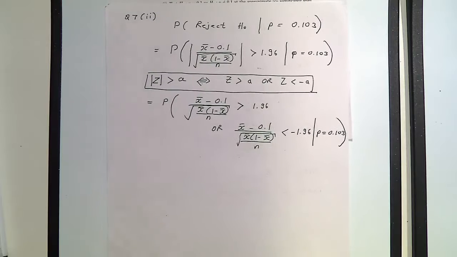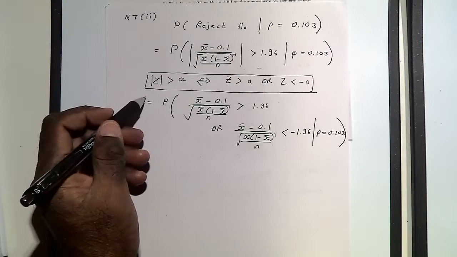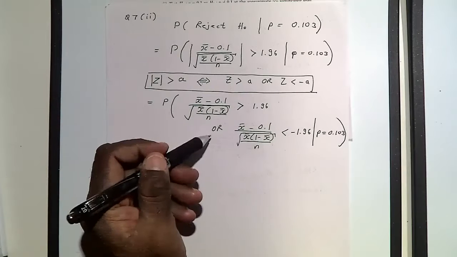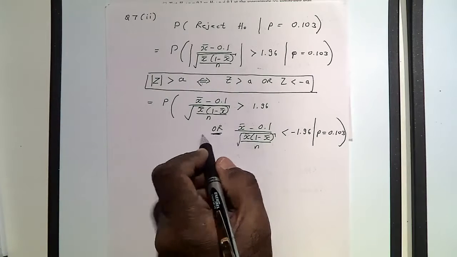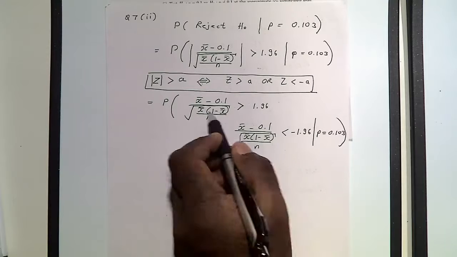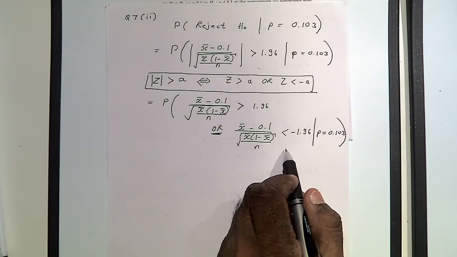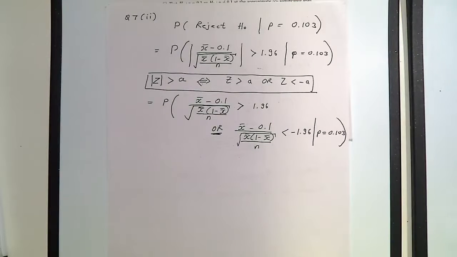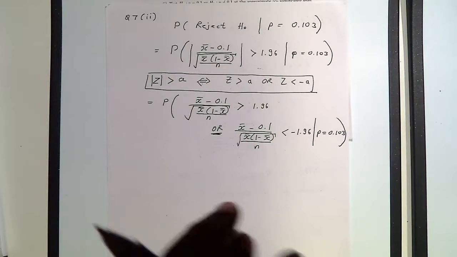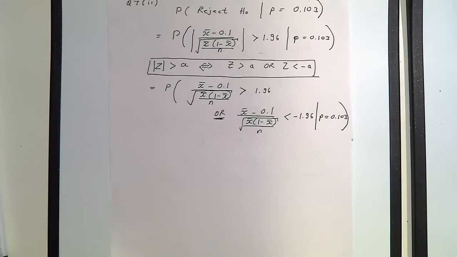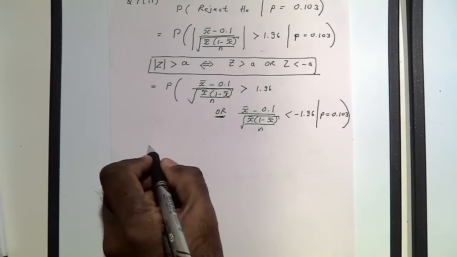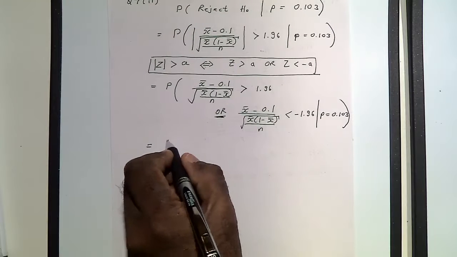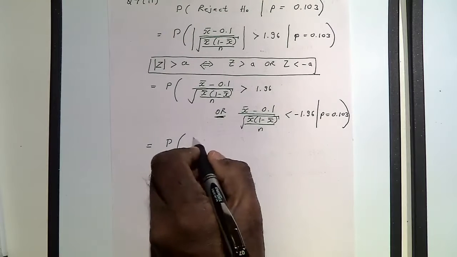So you see what I've done? I have used this inequality to write this like this, right? Now these two events, this event and this event, are mutually exclusive, which means that, remember from probability 1, you should know that the probability of the union of two mutually exclusive events is the sum of the probabilities. So using that fact, we can write this probability as